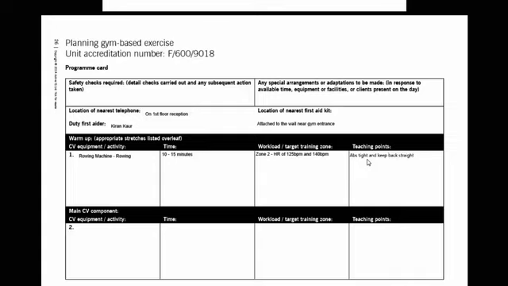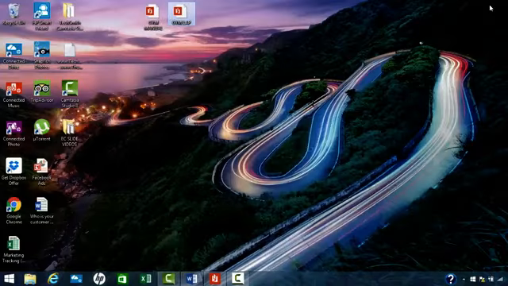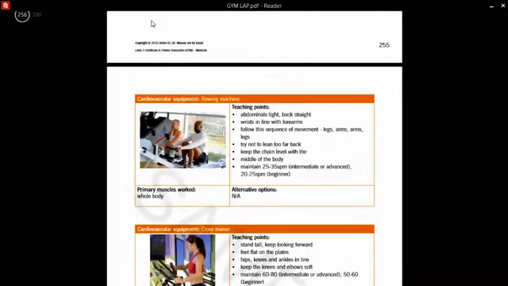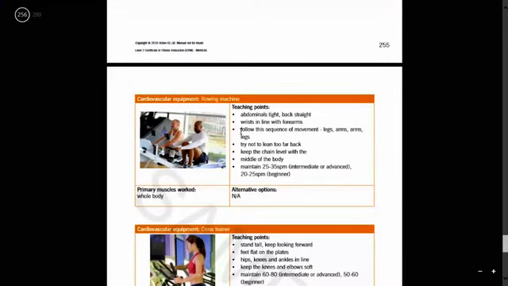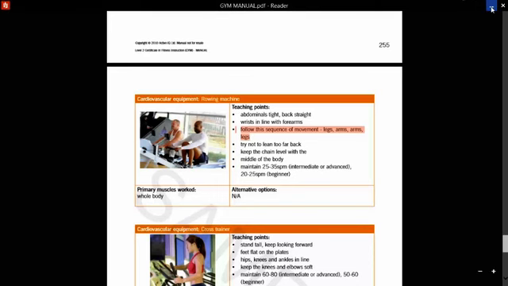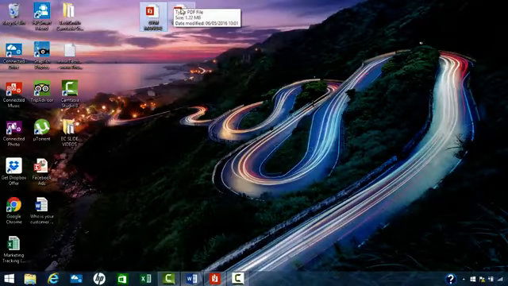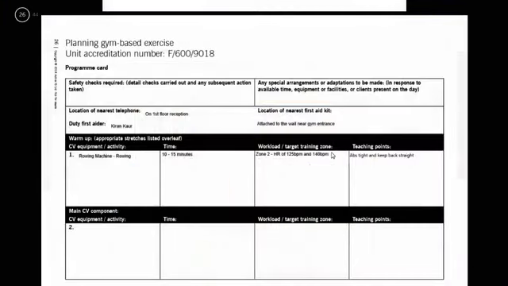Then I'm going to go back again into the manual and find my next point. So let's say the next one I think is follow this sequence. I'm going to come out of this again and back into my lap, and then just pop in there. So that's my second one. And then I'm going to need one more teaching point to go in there. I'm just going to space these out so it's clear that they're different ones.